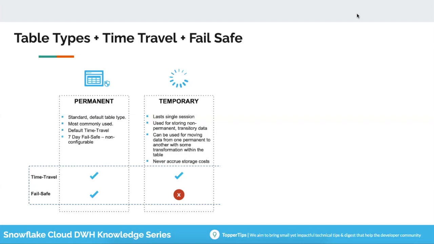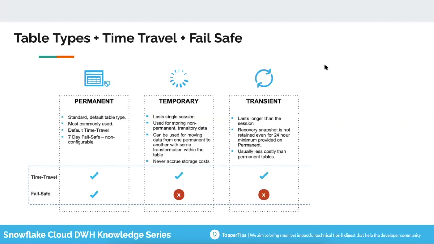Okay, and if you see the failsafe, a temporary table does not have a failsafe at all, so its value goes to 0. However, time travel is applicable, since for a temporary table, if you are keeping the session for 3 or 4 days, basically you can really travel the time. That is possible. But once the temporary table is out of your session, you cannot really get the table. So to get the data or have time travel enabled, you need to have the table available in your context or in your session.